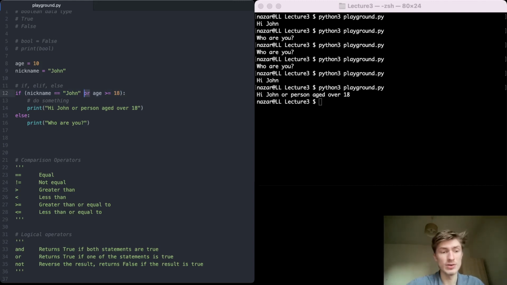And the third logical operator we can use is not. What not does is very simple. It takes the result of the logical operation and reverts it. So if it evaluated to true, it will revert it to false, and if it evaluated to false, it will revert it to true. So the simplest way to show it is, if not false,